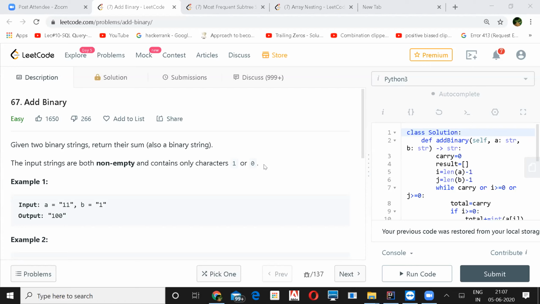You can just take a variable and initialize it with 0. Whenever you hit a 1, it is 2 raised to the power of that variable into 1, and then increase that variable by 1. No, I'm talking about converting back to binary. Okay, sorry. I was saying how to convert it to the decimal part. Okay, got it.